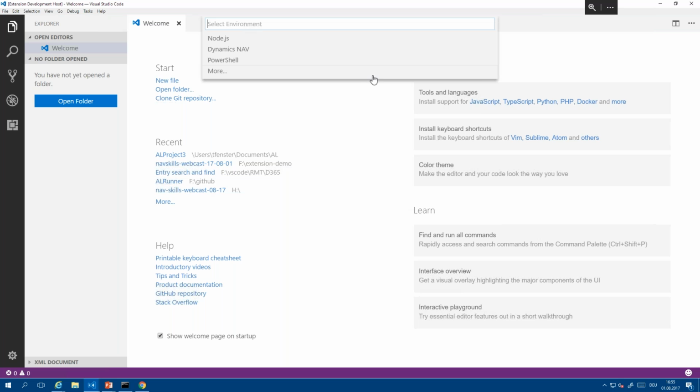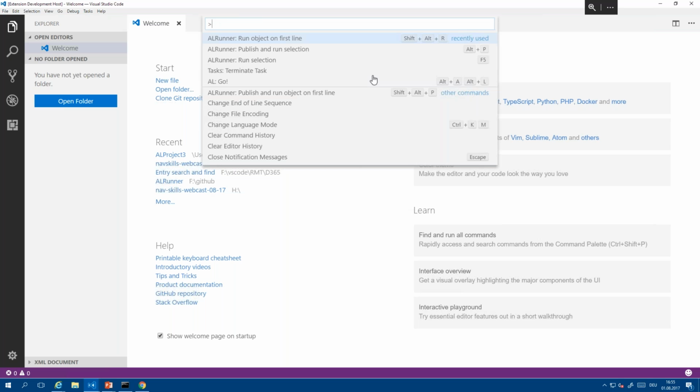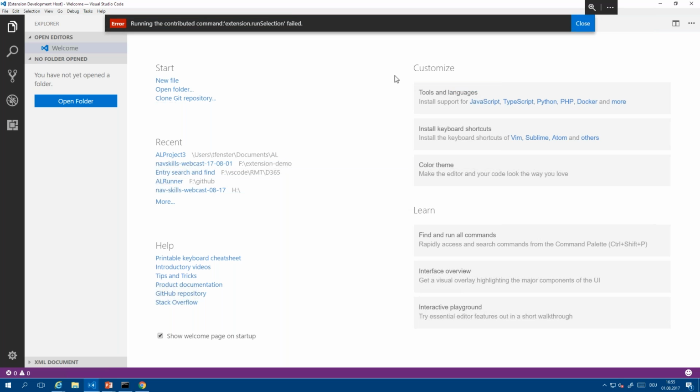If we want to do run selection, no, this is a failed error. Sorry, I'm not sure ad hoc, but I've seen that error message that tells you that you are using something that is used by someone else, and then you have to handle that. Okay.